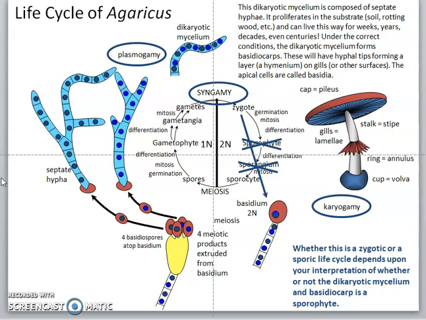And how is the spore released? The spores are released from the basidium. In some species of agaricus, spores are released through water when they get humidity, and there are different methods of release of spores to the environment. So this is the life cycle and the structure of agaricus.